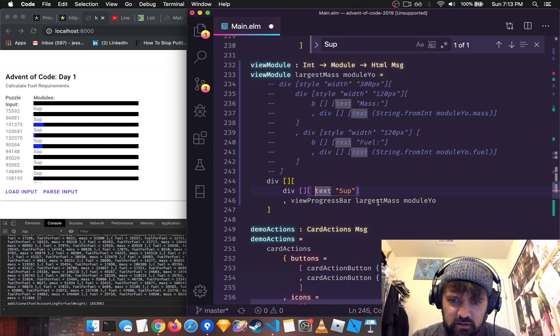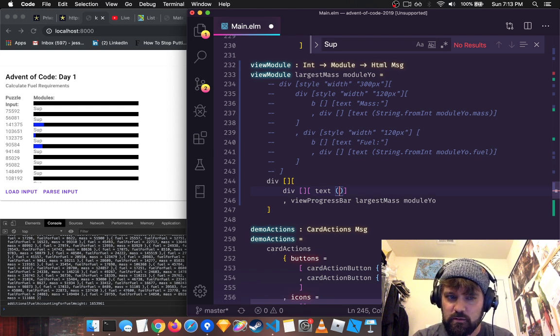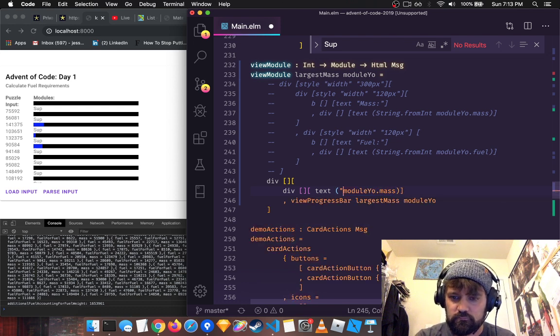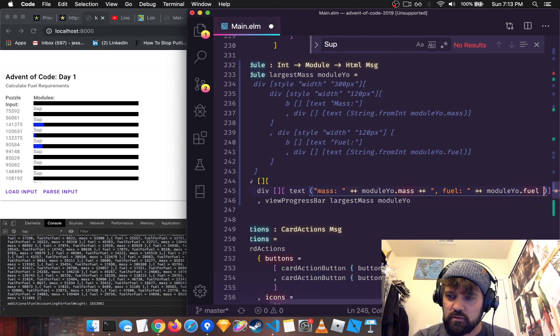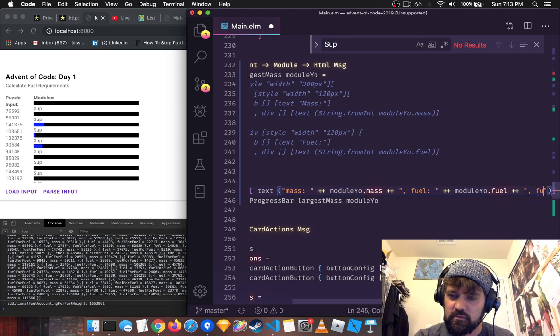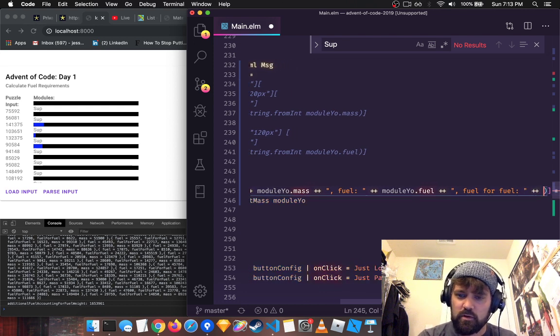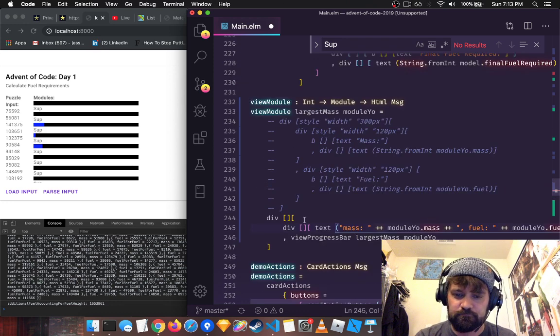This is going to be a combination of things. So let's say the mass, the fuel, and then fuel for fuel, which is the modulo, fuel for fuel. And then